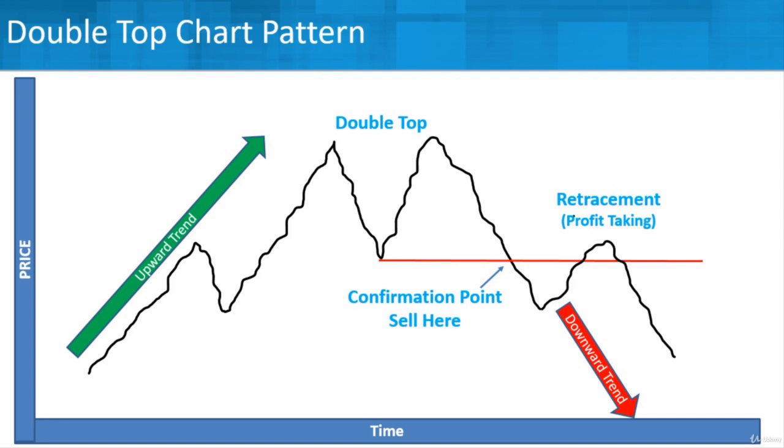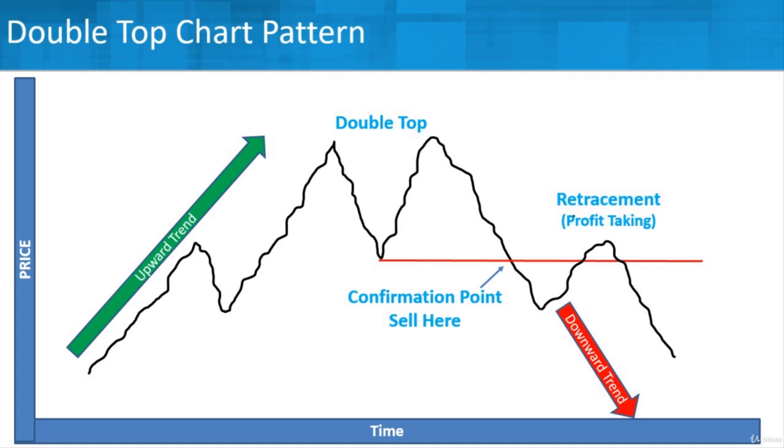So let's put some more stuff around this so we can see how we would trade that pattern. So with a double top, you can see we have a strong uptrend going up. There might have been a pause there, like it's shown here with some profit taking, but either way, there's a strong uptrend that's very much established. And then it peaks out, and the first of the two tops, you reach a peak and it turns around and really starts to go significantly back down. And then once it goes back down, it reaches the lowest price there that then turns back around and goes back up to a top, forming a double top,